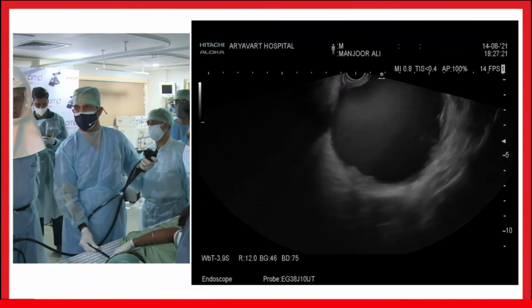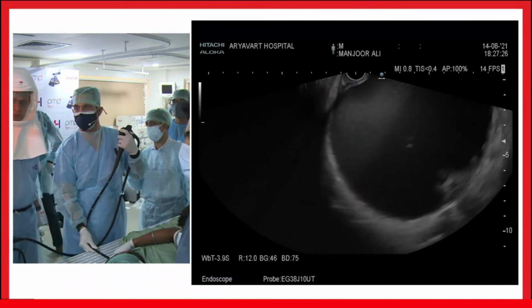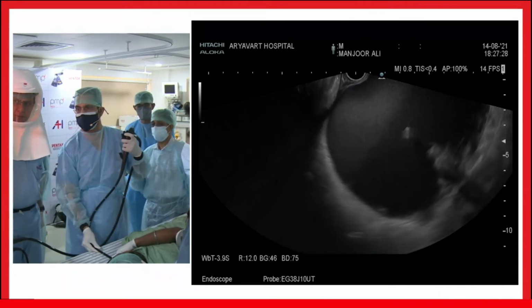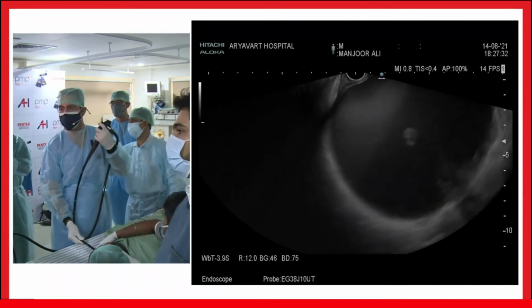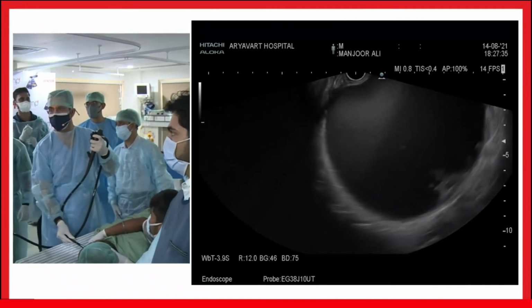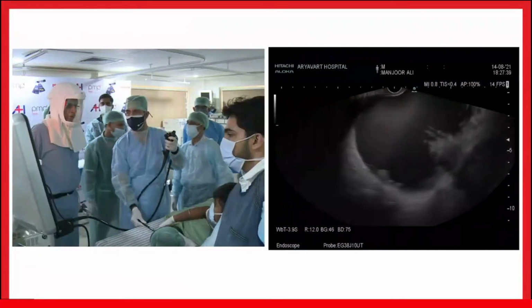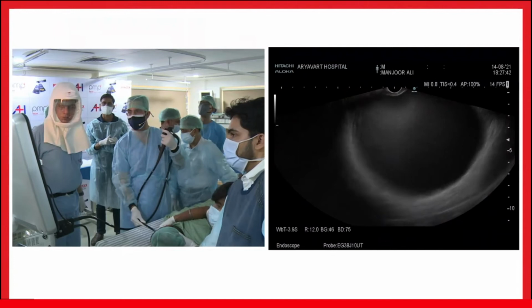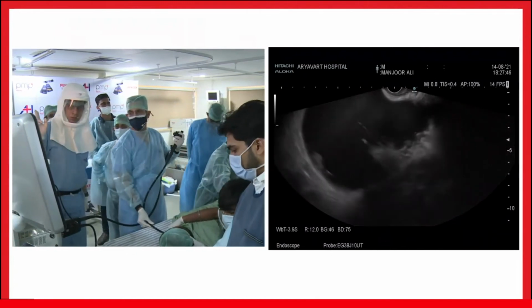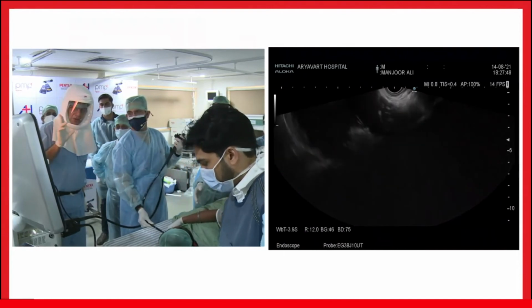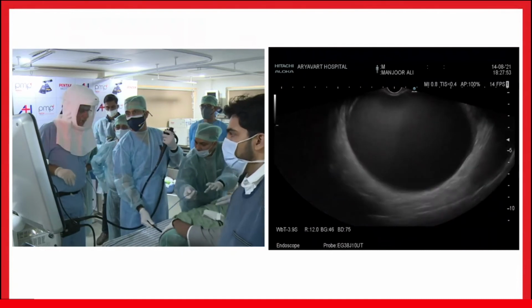Dr. Malik, do you think there's some discrepancy between the collection appearance on CT and the appearance on US? Sometimes the CT reports it as a fluid collection, but we see it is liquefied. I think Surinder Rana made a very valid point today, that the CT is of least importance when you are trying to assess. So I think we can start with the case.